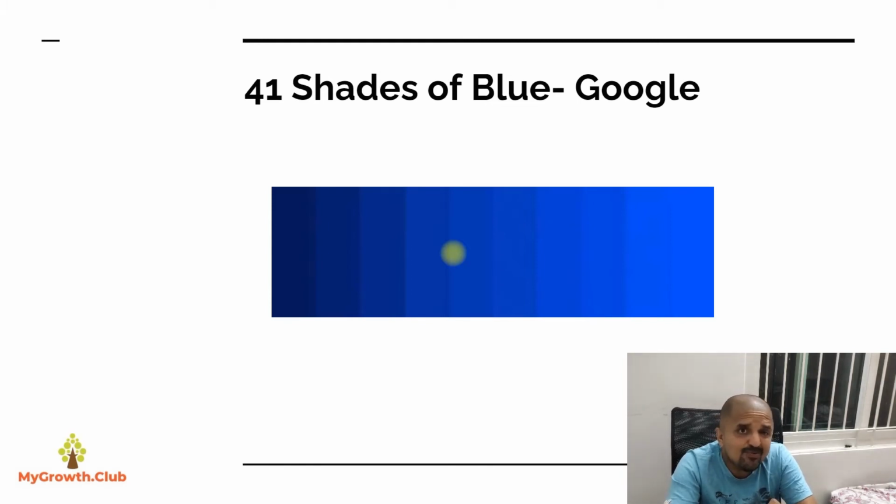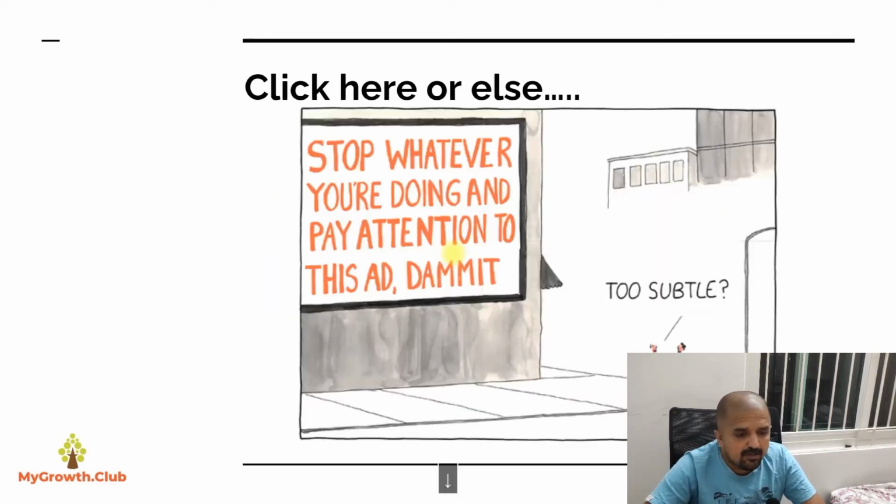Once you have that, you can make considerably clearer calls on what kind of creatives you want to run in your campaigns and what kind of creatives you don't. I was very inspired by Google's 41 shades of blue, and based on that I started building my own tool to get to some kind of reporting where I would be able to quantify the creative results.